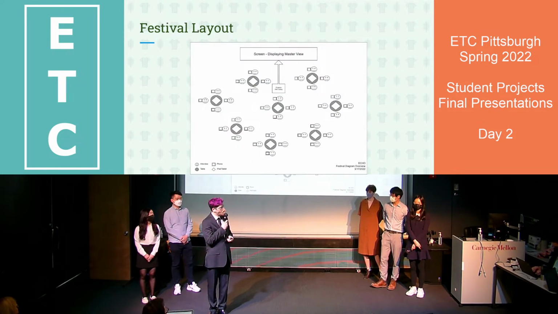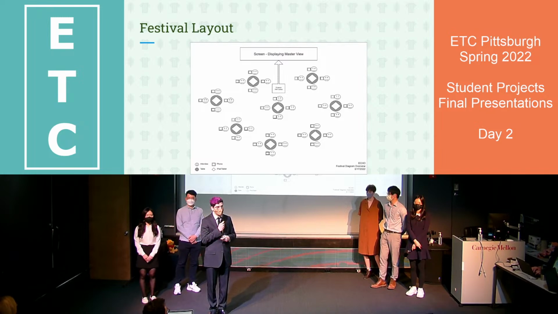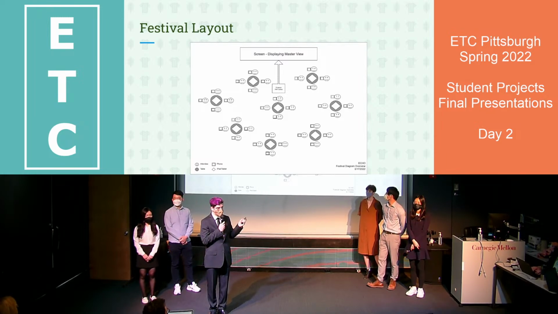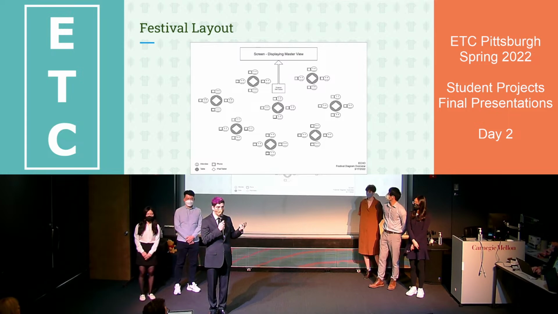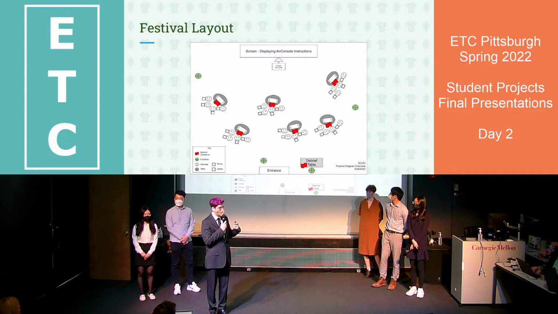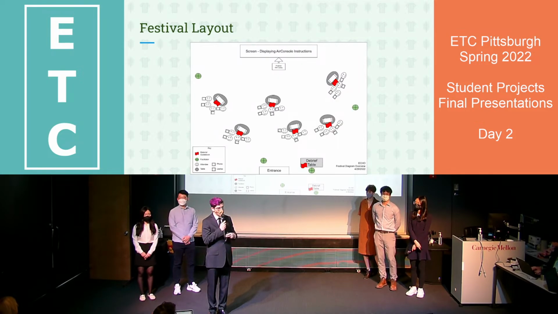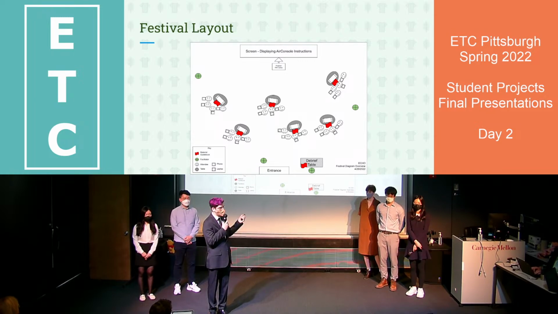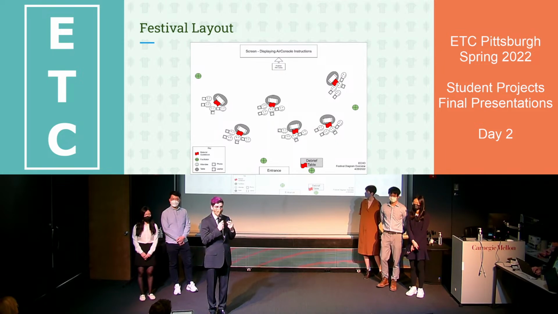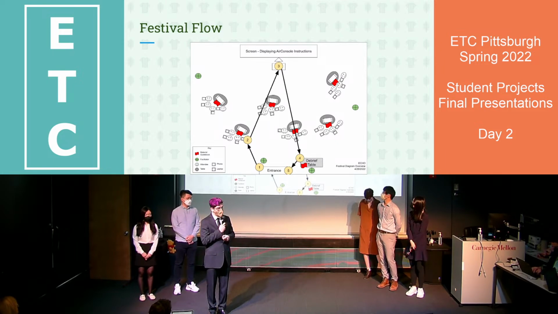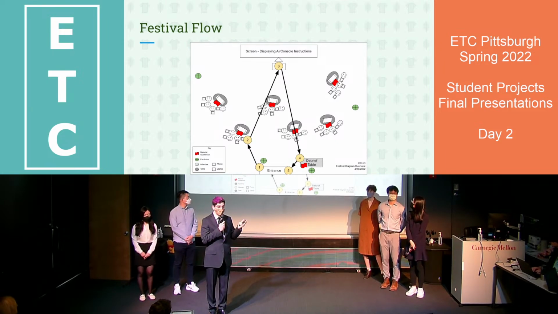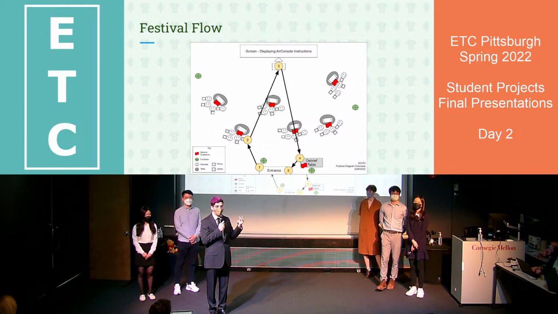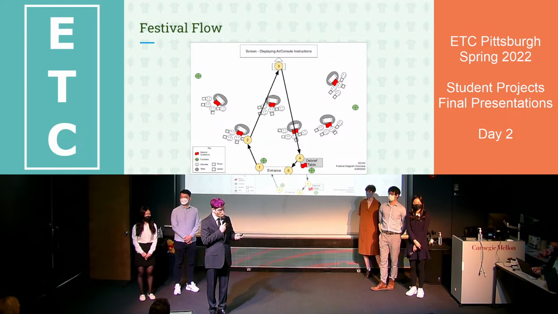Moving forward, we had made multiple iterations of the festival layout. This is something that's still somewhat in flux, so there are attributes of this that are changing, although we're still relatively sure, and as iterations change, we still had the general model of about 4 participants around a table or a shared screen using their phones as controllers. And then we had done an example flow. Again, this may change, but this is an example flow of how guests would go through our experience.